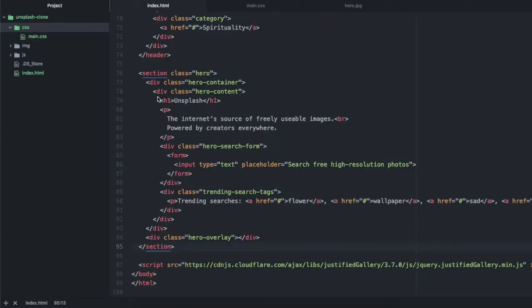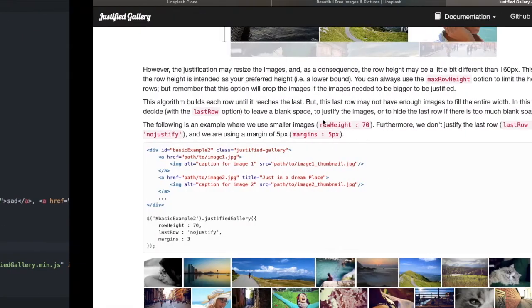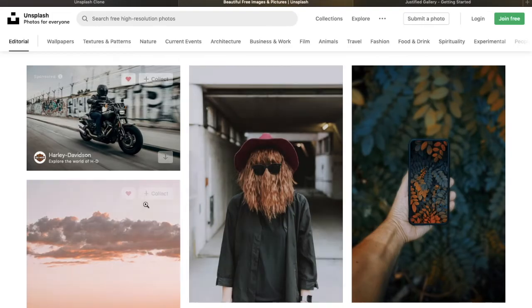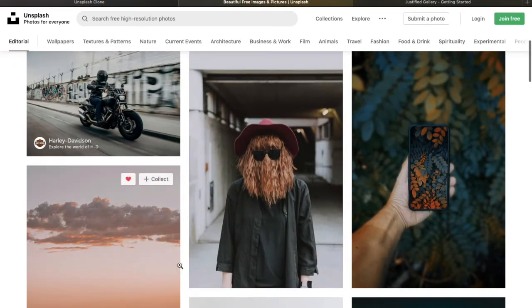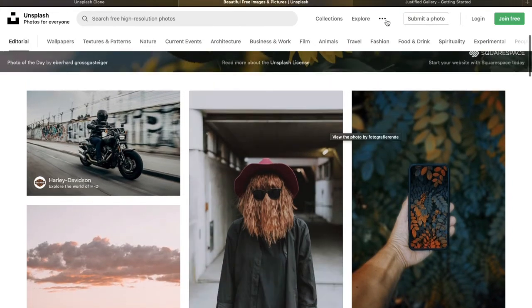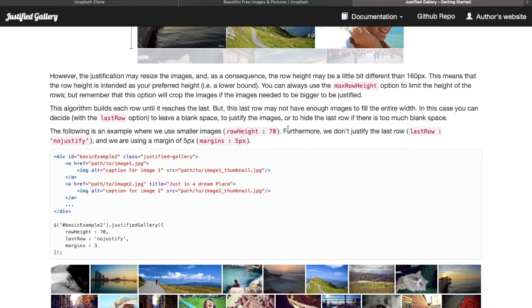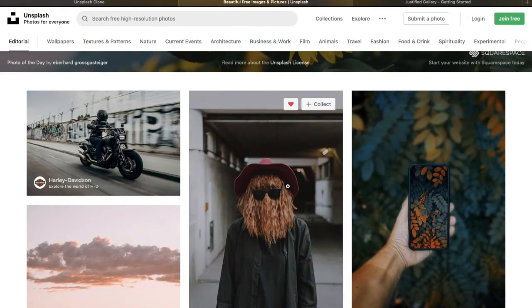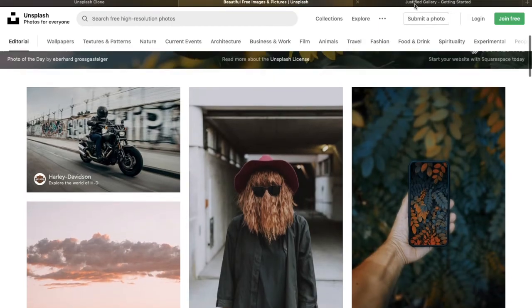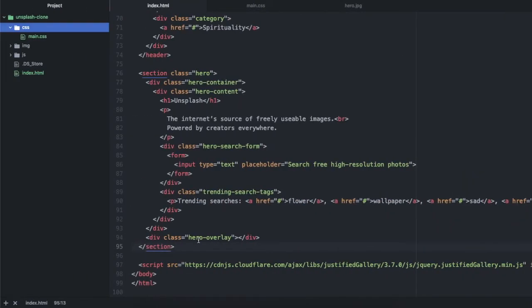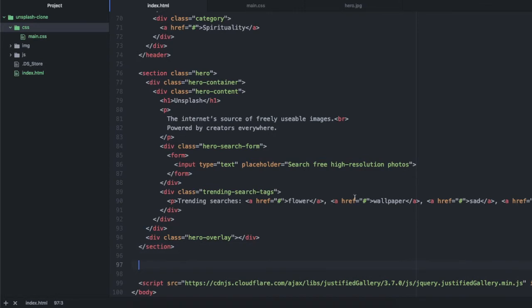Okay, so now we're on to the last part of this tutorial, which is to create this image gallery down beneath the hero. So we're gonna use this JavaScript library called Justified Gallery to make this happen, to give the images a nice layout. But first, we're gonna start with to create